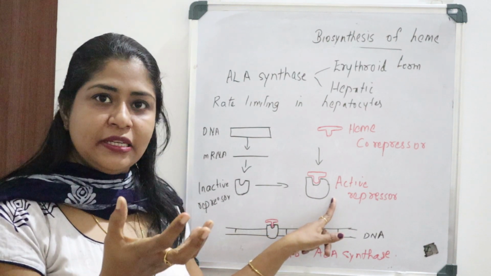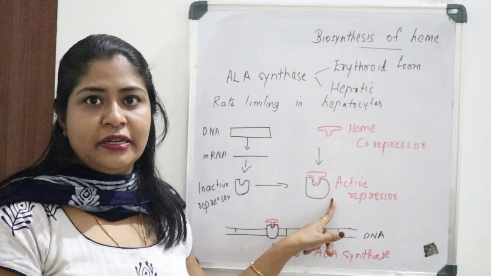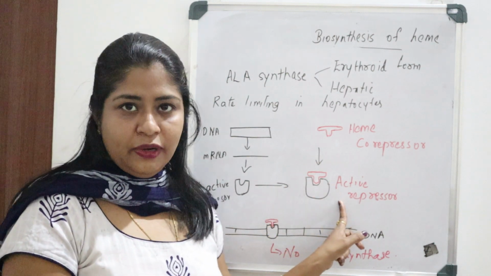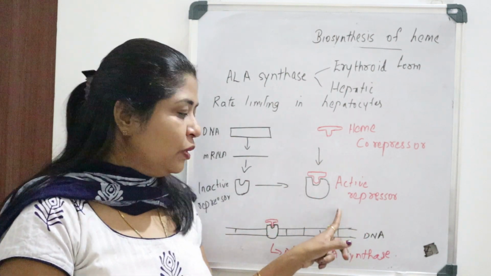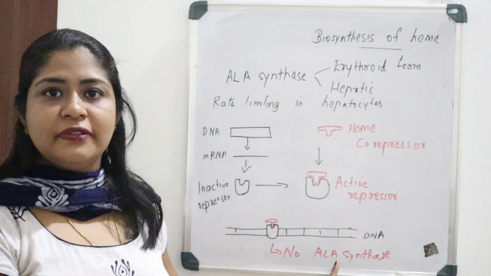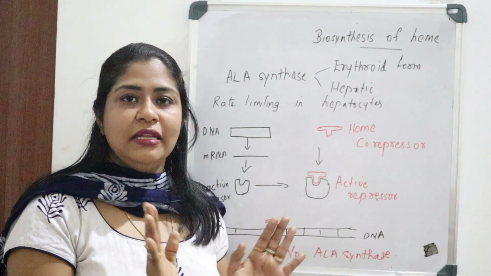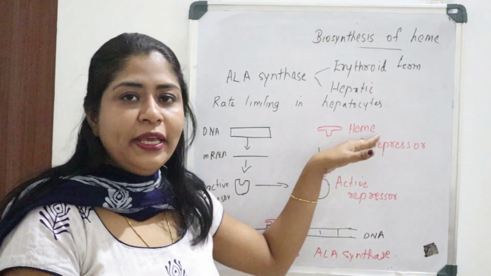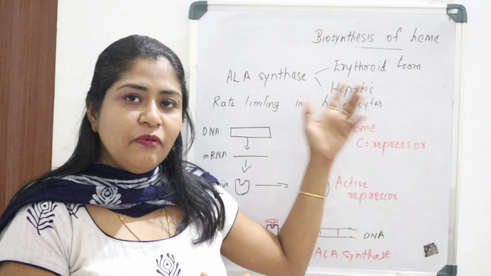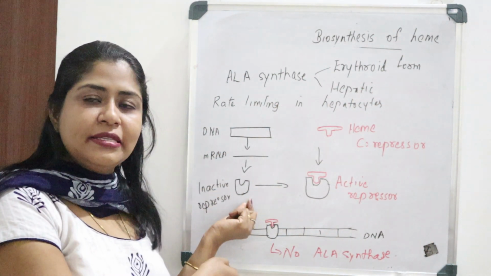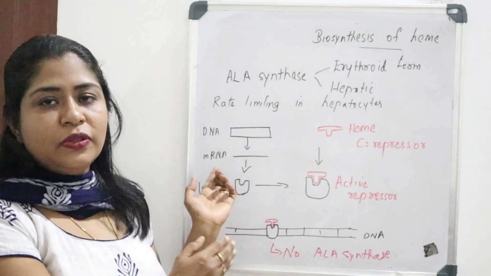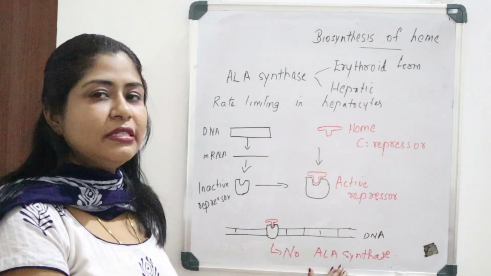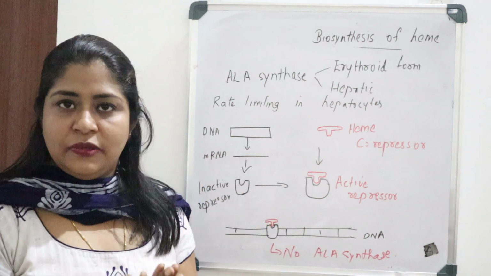And from the name itself, repressor, that means it will reduce the synthesis, that is repression, that is the mechanism here. So if heme binds to this inactive repressor, it becomes active repressor. And this active repressor will go and inhibit the production of this ALA synthase. So the production of ALA synthase is inhibited. Now if there is no heme, then what happens? This inactive repressor will remain as such, as inactive repressor itself. So there will be no problem. This DNA is converted to mRNA, which is converted to the protein ALA synthase. So sufficient ALA synthase is formed or synthesized.